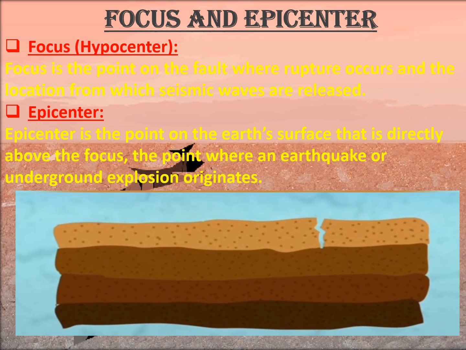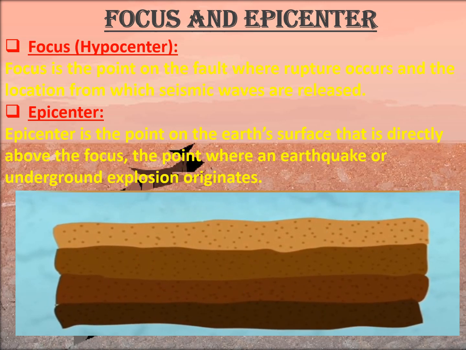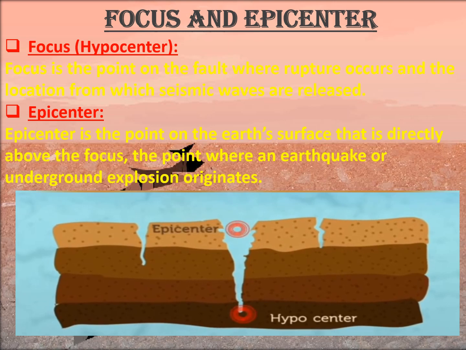Due to the internal movements occurring below the earth's surface, tension is created and it keeps on accumulating. High energy is released at the place where this tension mounts up, and it is known as the focus or hypocenter of the earthquake. Energy waves scatter in all directions from this center.